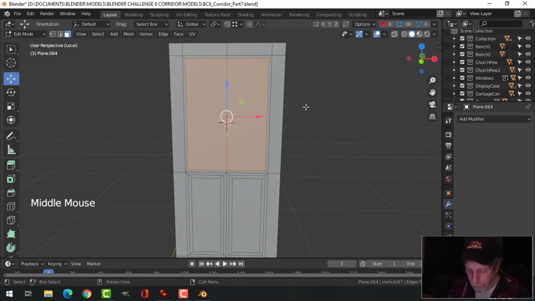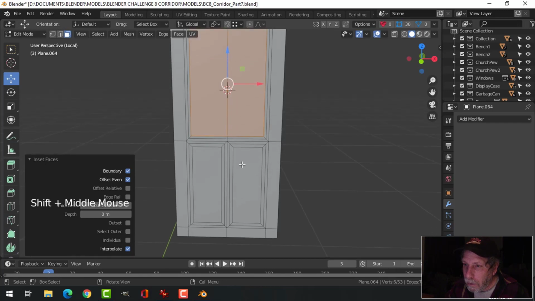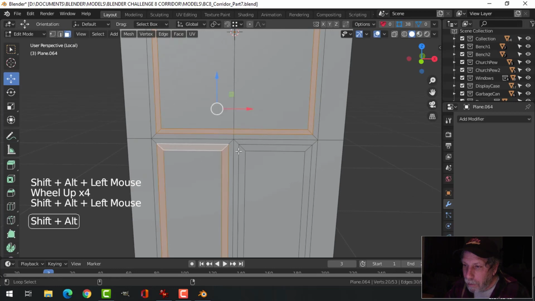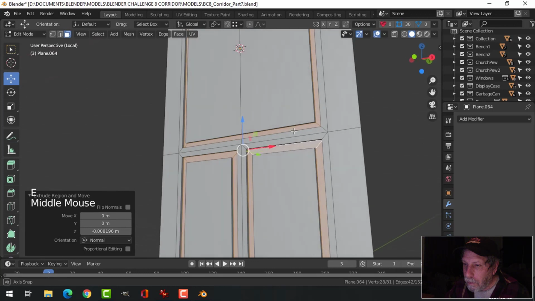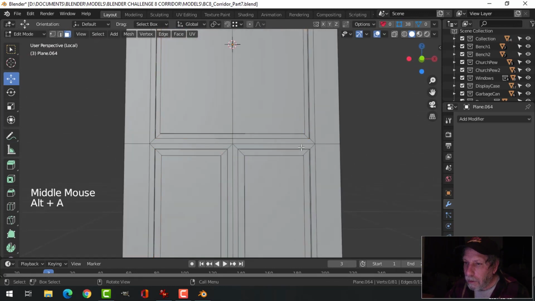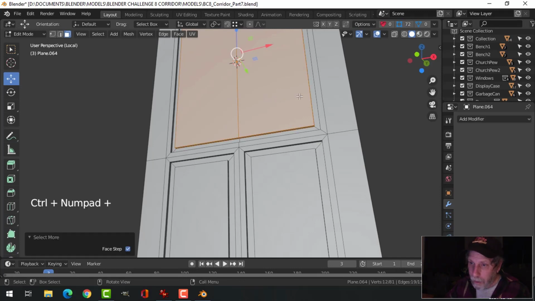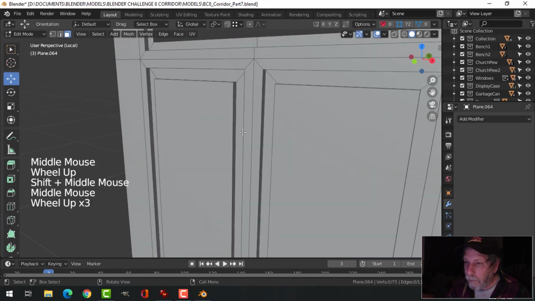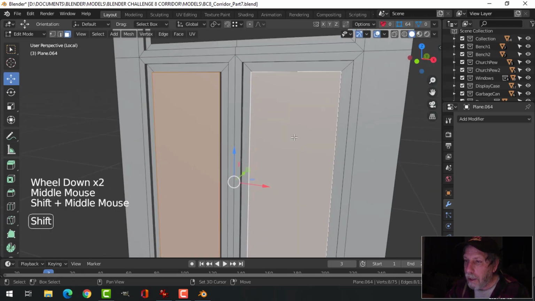I wonder if I want to come in. I might come in one more, like that. And then, well, it won't really matter. We're going to extrude these back a little bit. Like that. And really speaking, I'm going to be getting rid of all of this here anyhow. I'm going to be getting rid of that. Okay, so we got that. Let's take these and